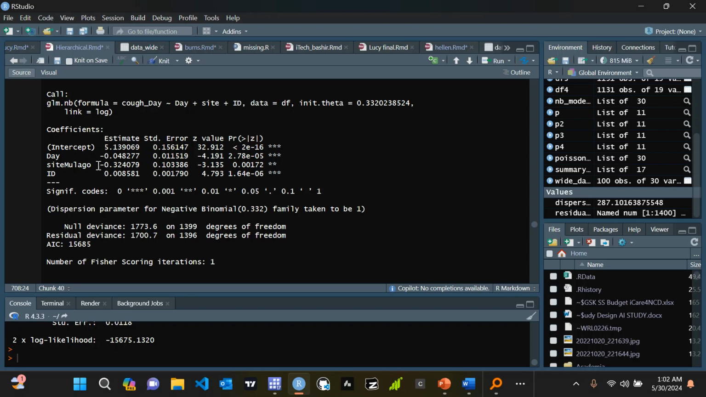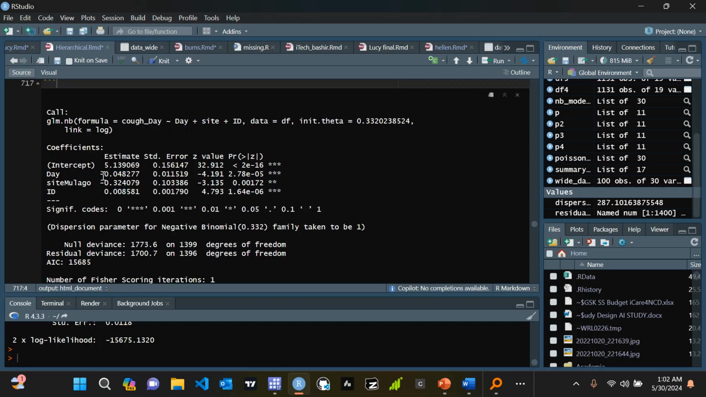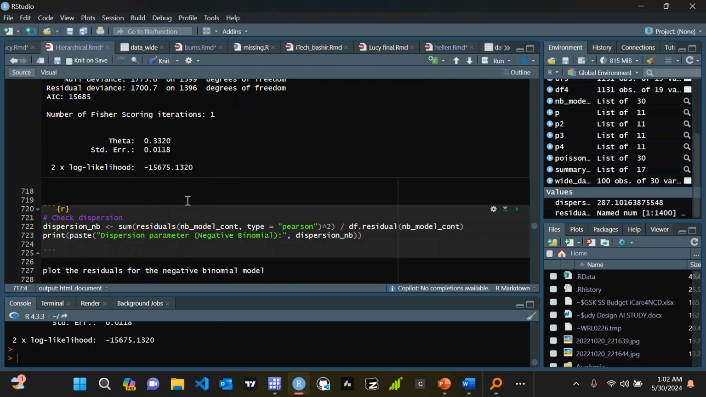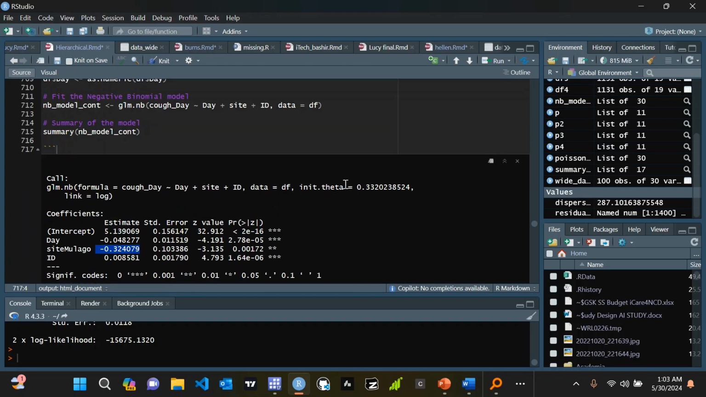So if we try out the negative binomial, it uses the MASS library. So still we can see ID, the coughs, they don't reduce, but they increment at a very slow rate. I think this is like 0.8% per day. And you can see that the cough reduces as the days go on, even within the study sites. The dispersion is